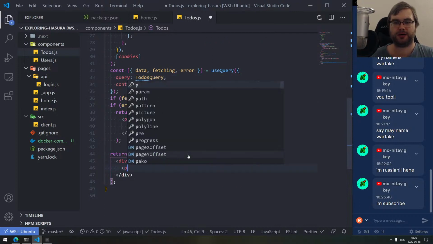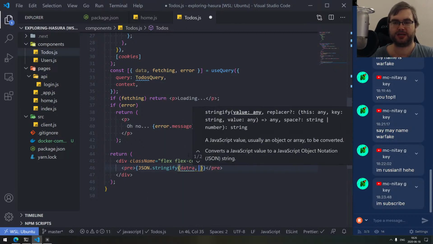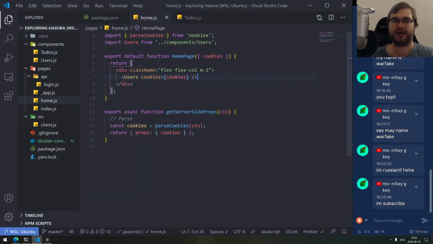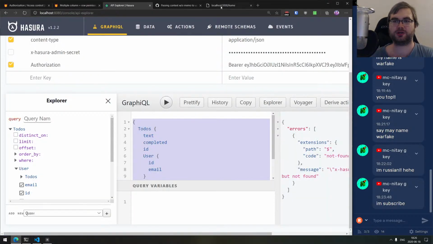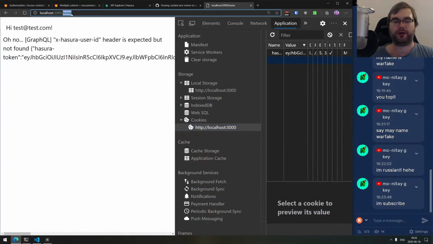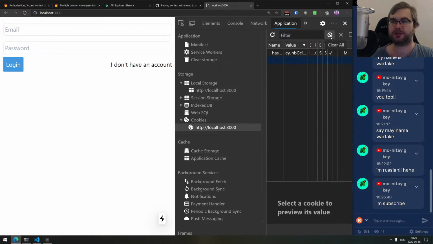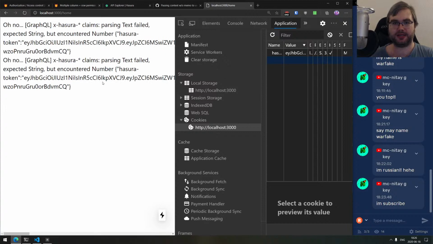Let's do the pre JSON stringify data null 2. And if we get to-dos here, and then we pass it cookies for authentication. Probably the easier way would be to set up the authentication using the, what do you call it, context, and pass the cookies around this way, but I'm just too lazy to do that, so I'm just gonna go with that. All right, so I'm gonna kill the token. We're gonna relog in to get that ID in our